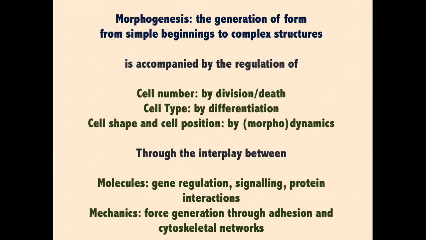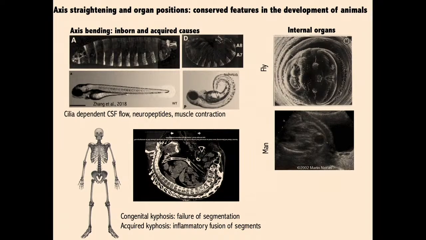It's accompanied by the regulation of cell types. This is a process biologists call differentiation, and that essentially means you go from having a stem cell that's capable of giving rise to many different types of cells to it getting somehow channelized or canalized on Waddington's